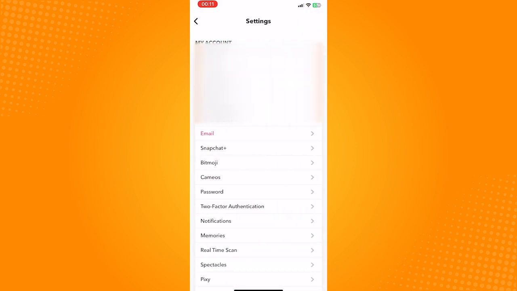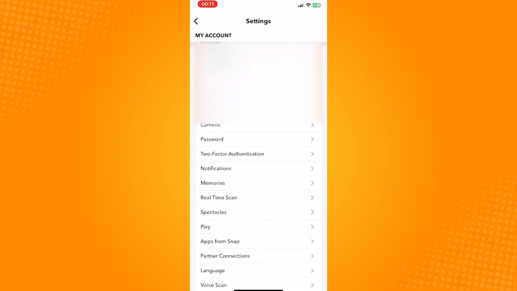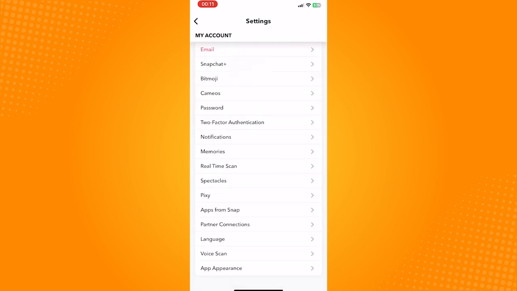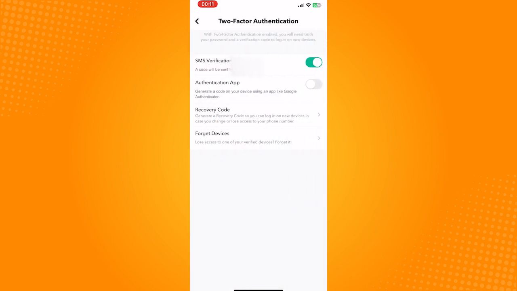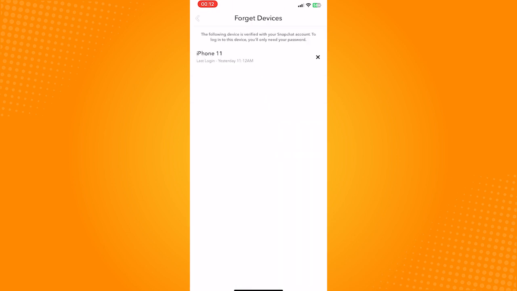Now scroll down and click on two-factor authentication. Make sure that you have this SMS verification turned on. If you have that turned on, the recovery code here below and the forget devices will be available on the screen. Now, to see the login activity of this account, click on forget devices, and in here, you will see